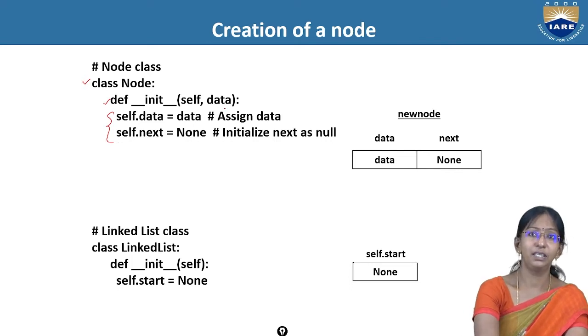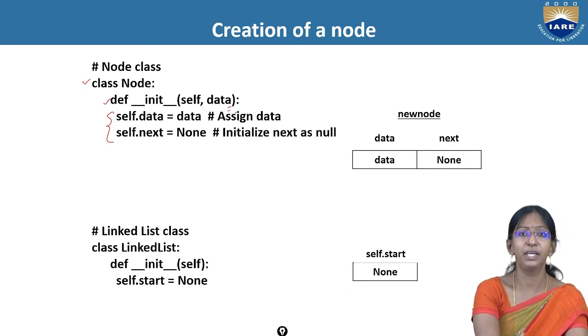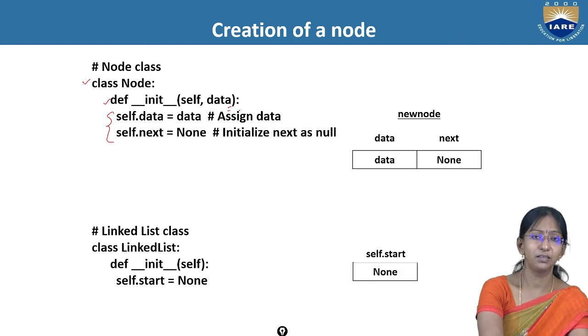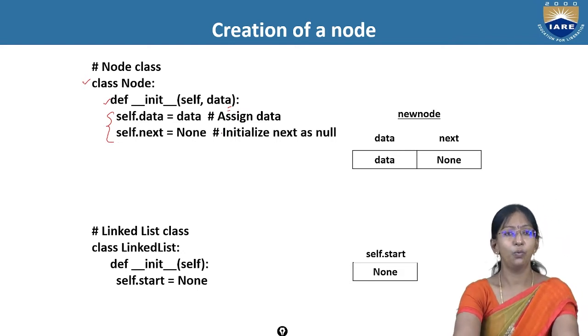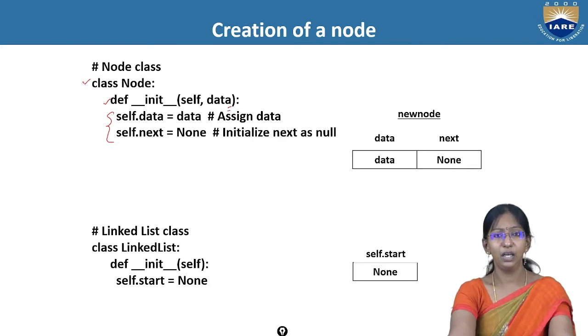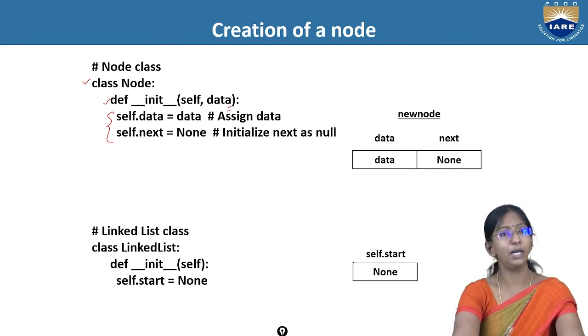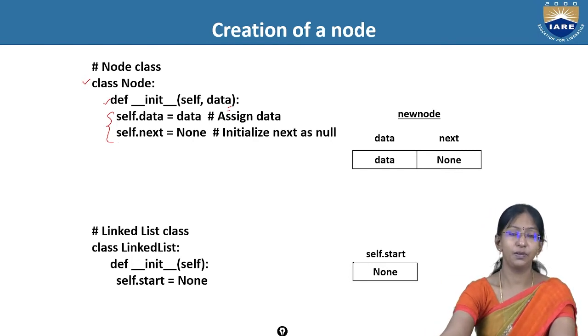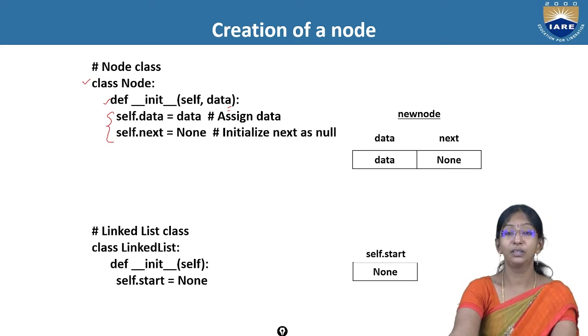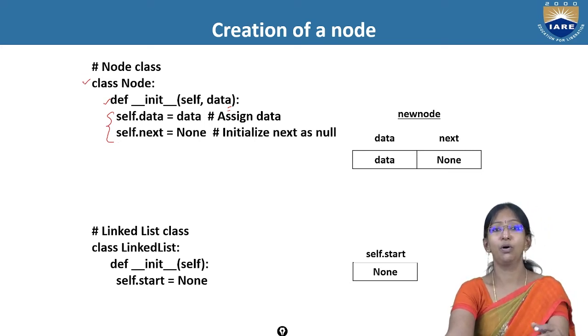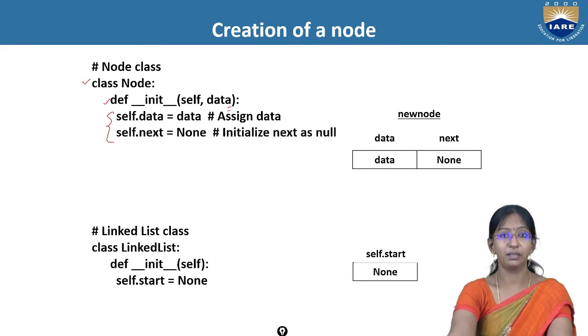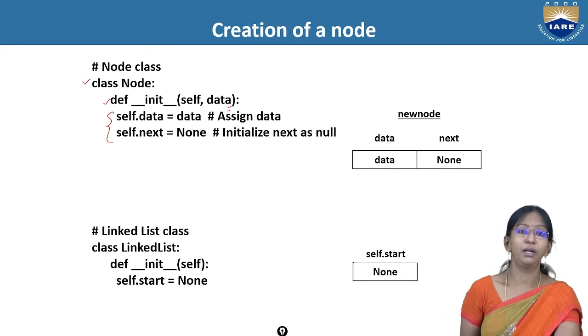So whatever data you pass when you create an object of the node class will be assigned to the data part, whereas the next part is filled with None. Why None? Interesting question. Because when you create a node, it is not linked to any other node at first, so its address part is filled with None. As soon as you link it with the start pointer, that None part will be